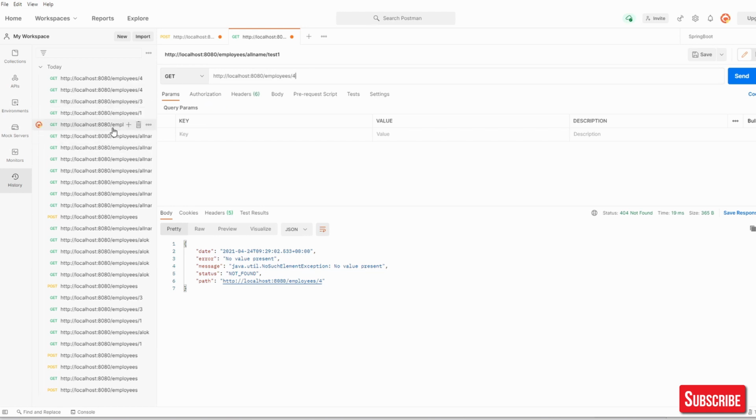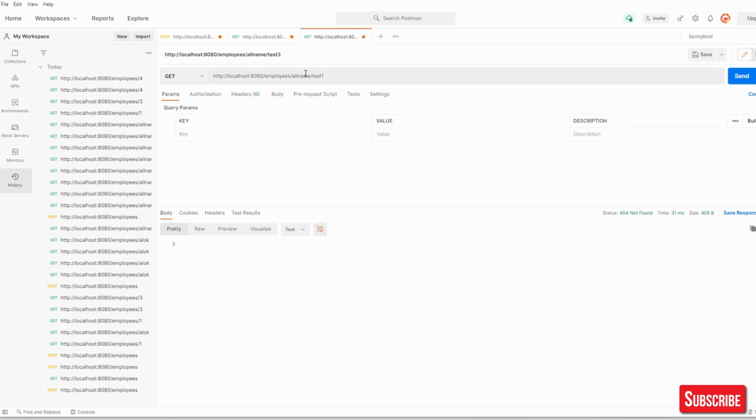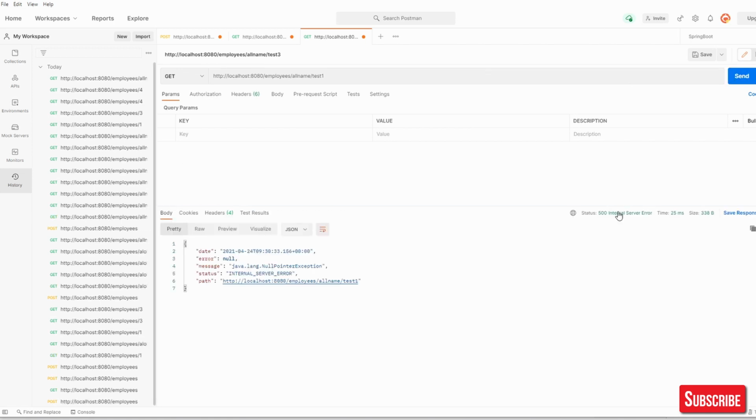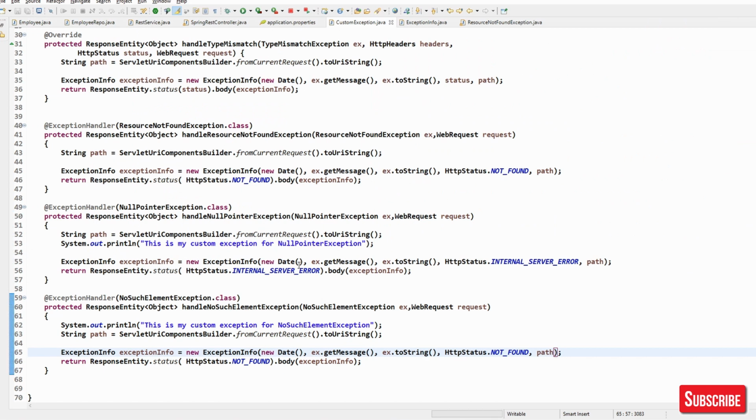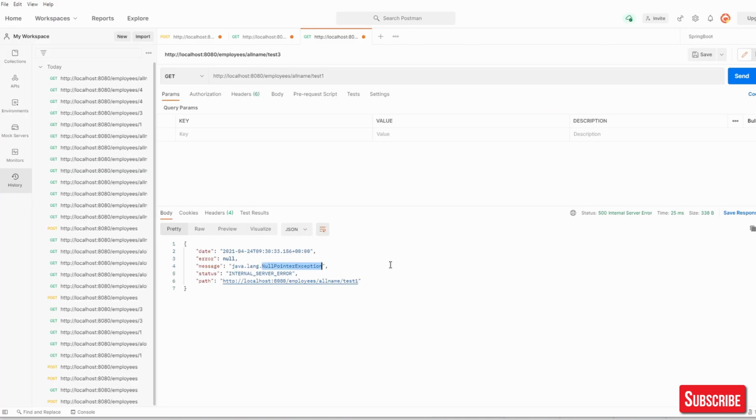Let's say we'll go with just 1. As soon as we go, it will throw us a NullPointerException. So you can see 500, and it is giving us internal server error, NullPointerException. You can give a message also. Okay, so simple it is.